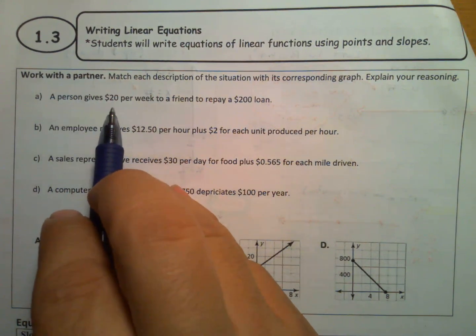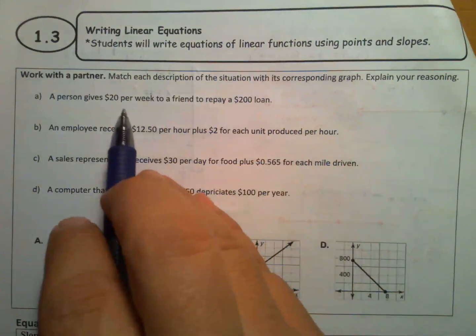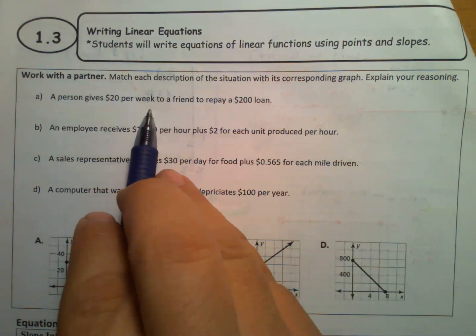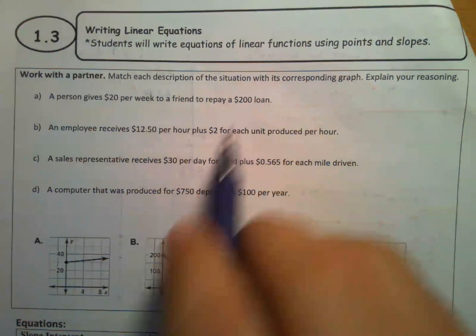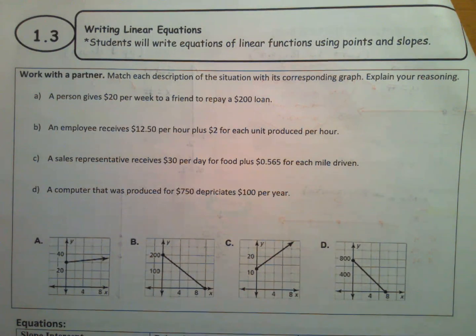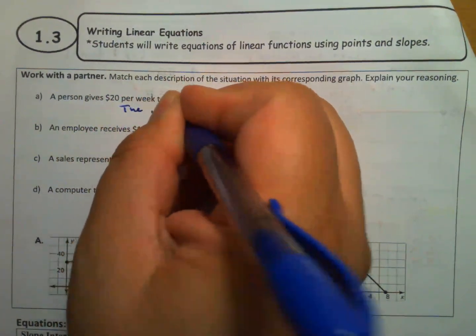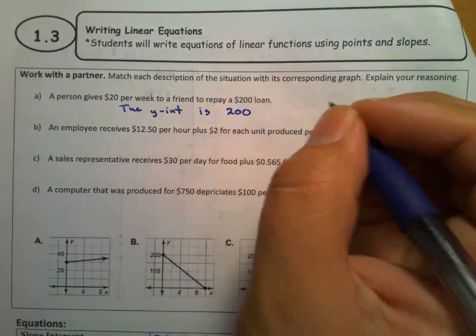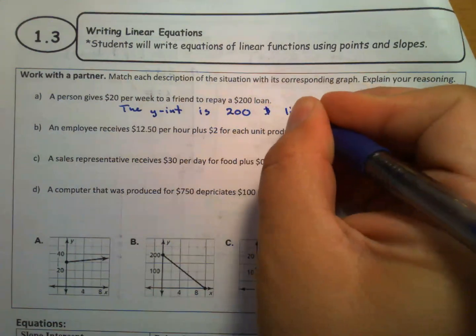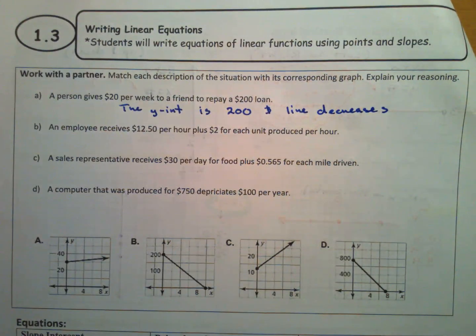It says a person gives $20 per week to a friend to repay a $200 loan. Now remember, once he pays $20 one week, 20 the next, 20 the next, eventually it has to end at 200, right? Or actually the balance would be zero at that point. So in this case, the y-intercept is $200, and the line decreases because when the loan began,